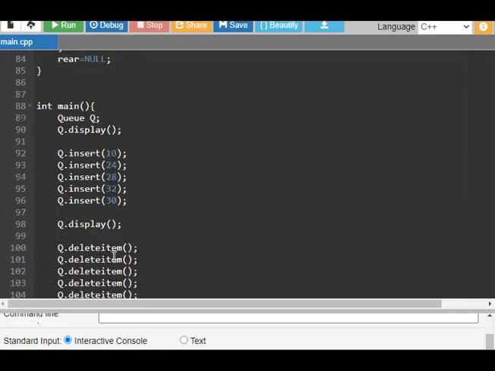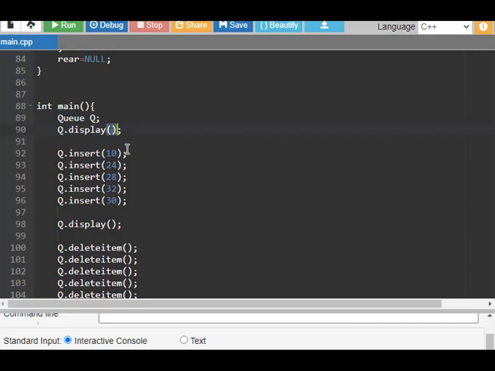Then in the main function, the process will be performed during compile time. Using queue, we create an object for the class queue, then call queue dot display. First, since we didn't insert any element into the queue, it just displays underflow.